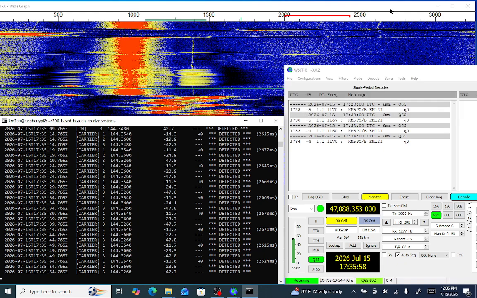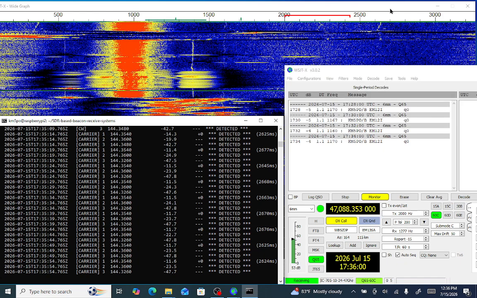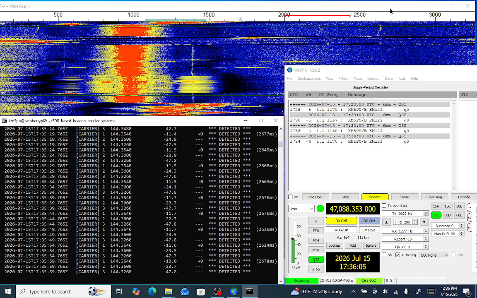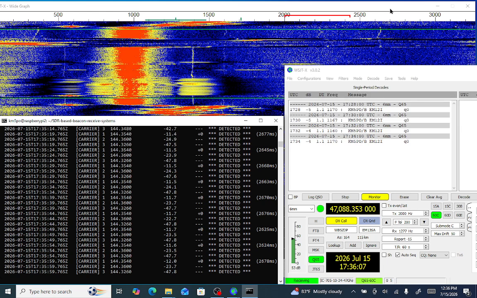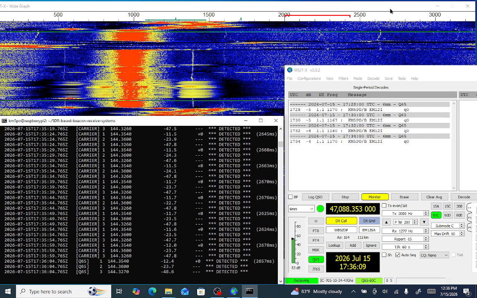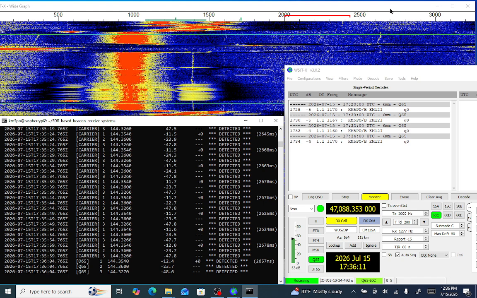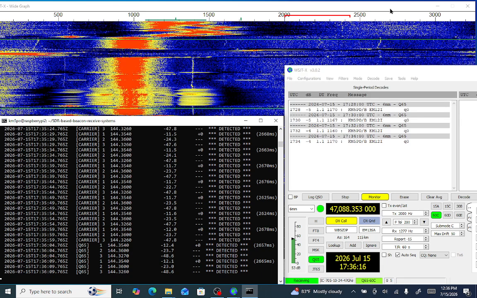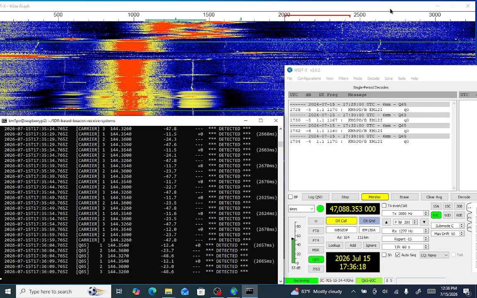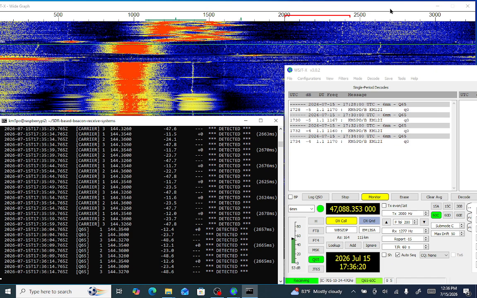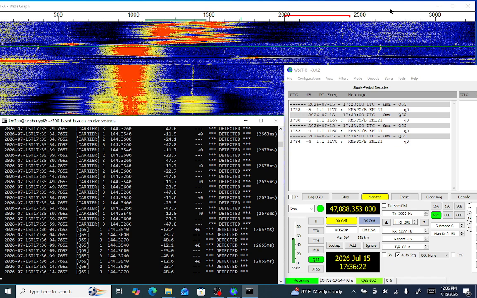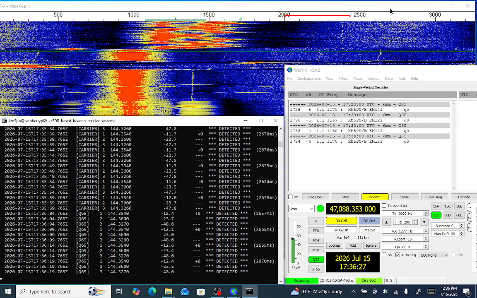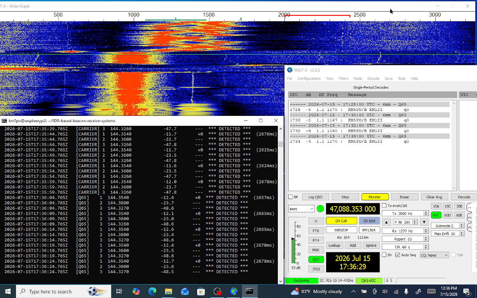Well, I was wrong about that. It's actually 353, as you can see. That's 6 kilohertz, basically. And so here we go again with the different beacon here. I noticed that the sync tone, when I'm set at 353,000, is not exactly the same place as the other beacon's sync. But again, not too important there, as long as we've got our tolerance wide enough to pick them both up